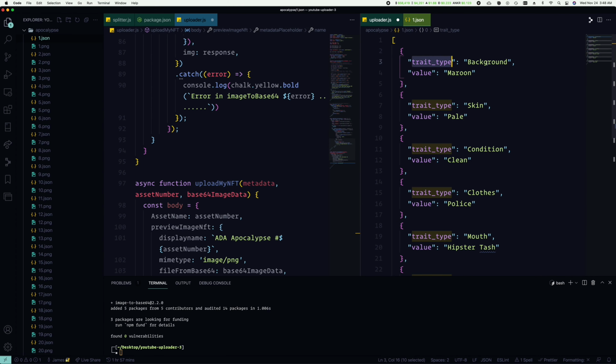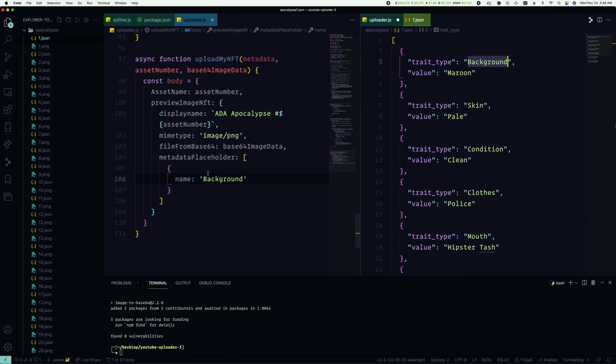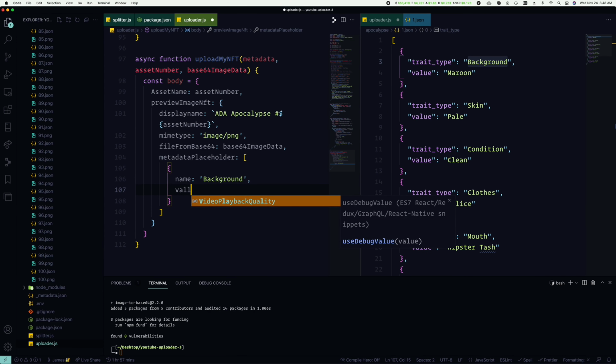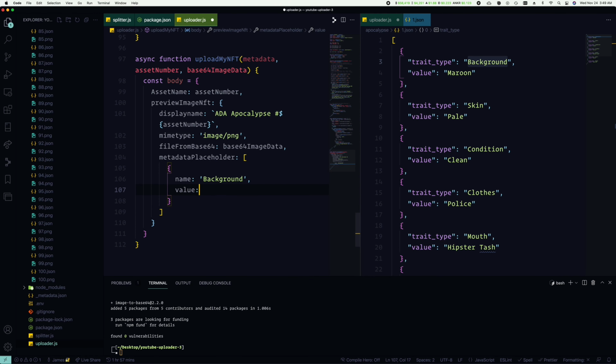Trait type, just put that as name, right? And the value is